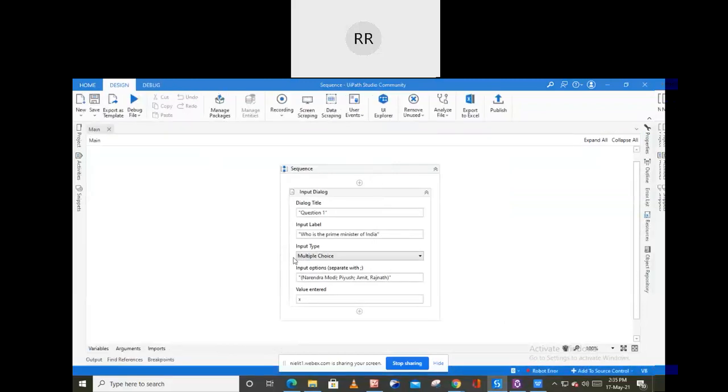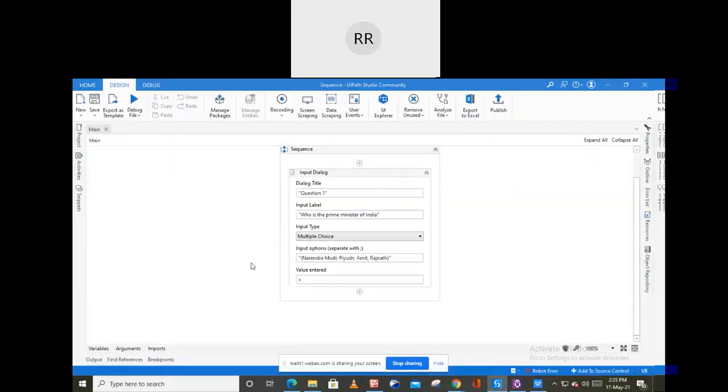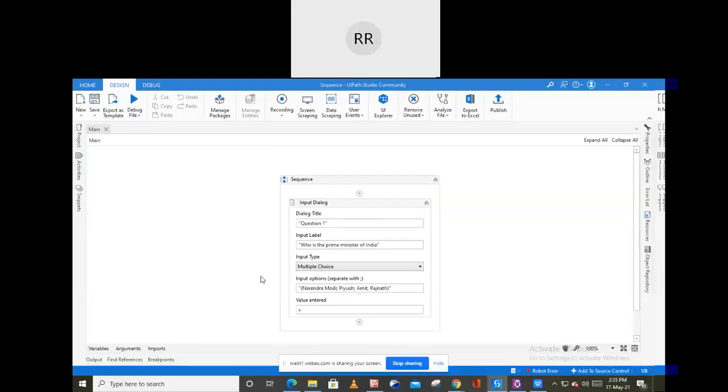So simply this is the example of input dialog box activity where we have to use this as multiple choice. I have not used the message box where, once anybody selects Narendra Modi as the Prime Minister, the message box will display the correct answer. That is another example that we can discuss in some coming sessions. My main motto here is just to explain to you how to use